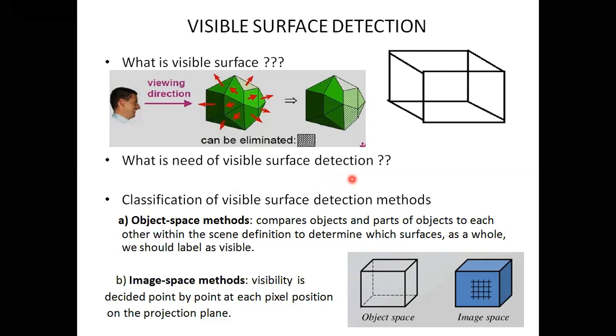See, finally, when I draw a 3D object, I will be sending the vertices, the edges, all the components of this cube to my frame buffer to be displayed. Correct? But what is visible to my user? What is visible to my user is only these four vertices and this one face. All other four vertices and all other faces are not visible to my user.